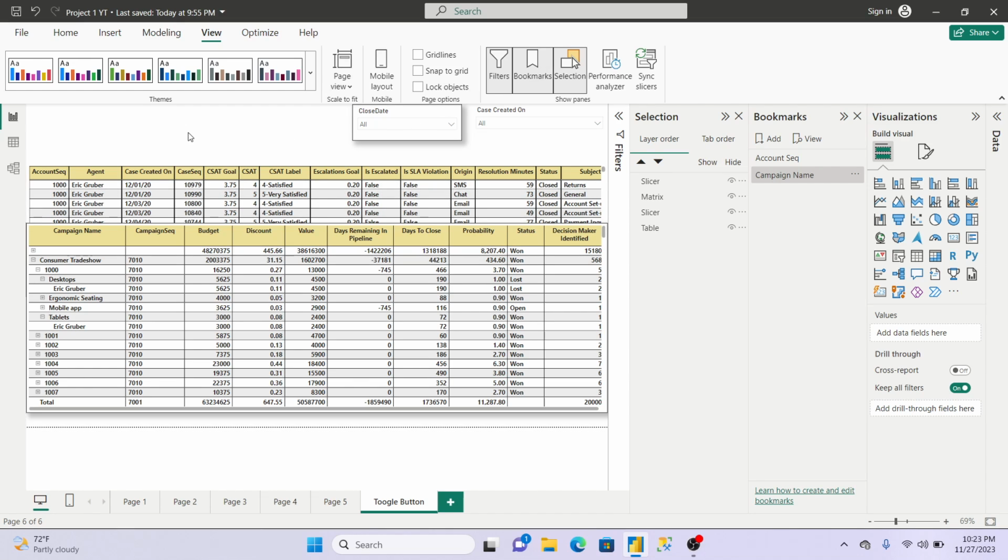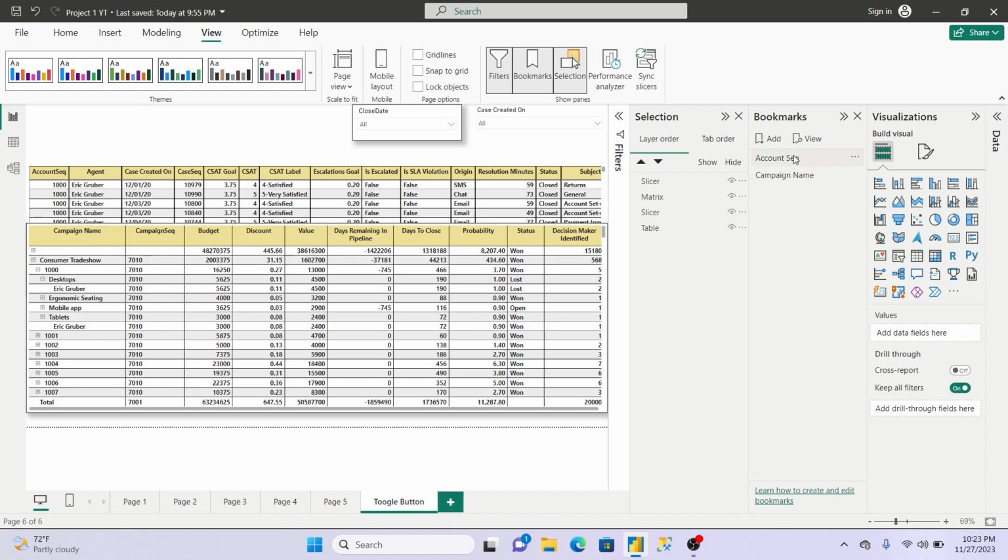And when you click on campaign name, it should show just the campaign name table and its filtering slicer. Like this, we don't need to create 2 or 3 pages for 2 or 3 different tables or visuals; on the same page we can do it. Why a toggle button is created and how it is used, I will also tell you orally, but let us check it practically first.